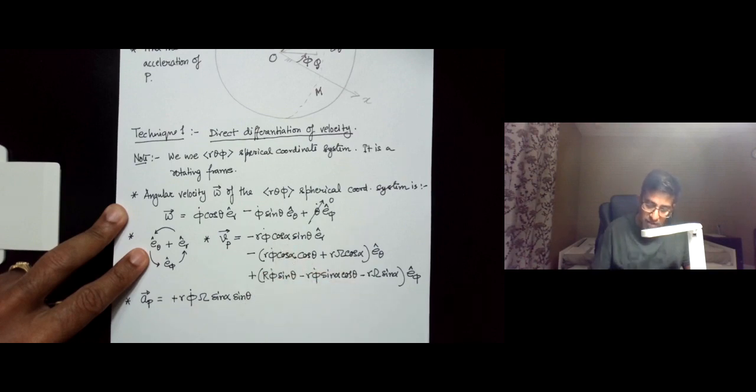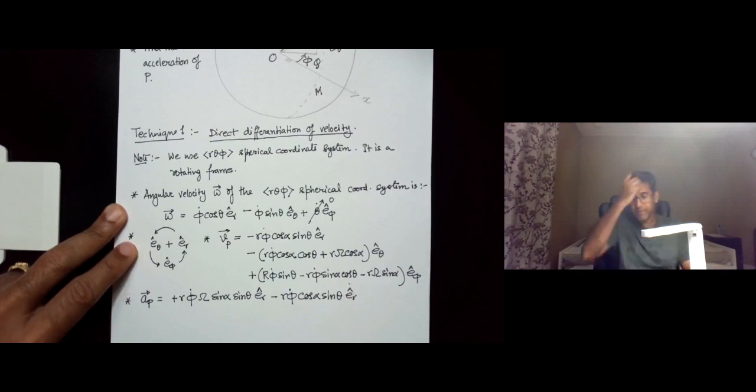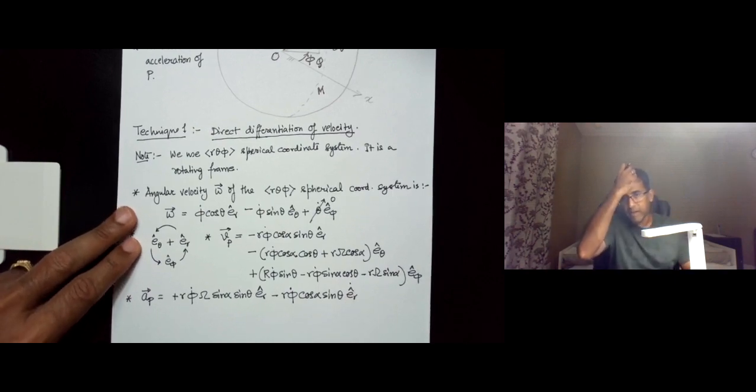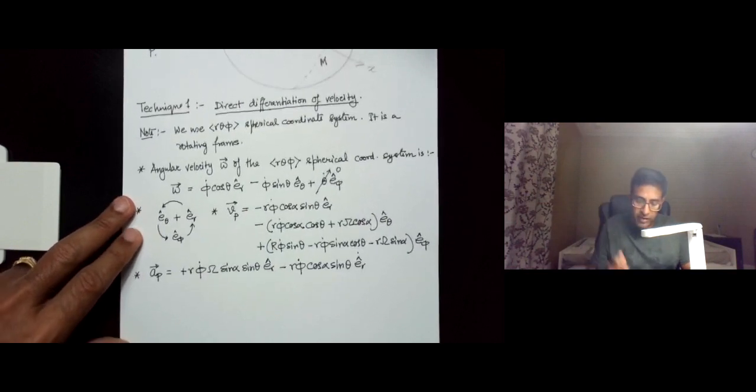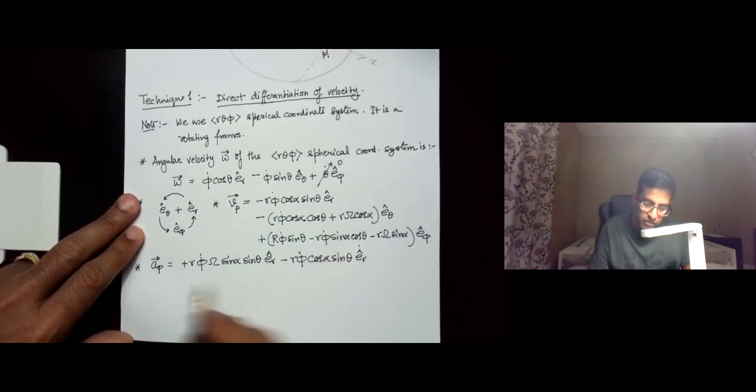So this minus will become a plus times er, and then we will have minus r phi dot cosine alpha sine theta er dot. Right, so we will find the derivative of that unit vector shortly, but let's go through